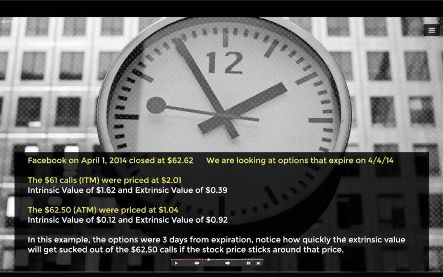When we look at that $1.62, a lot of people are like, well, why do I have to pay $1.62 when I can get that at the money? Well, the extrinsic value, that probability component, is really what's going to affect a lot of people, and the reason why that trade is going to lose money, because that is all going to get sucked out of that option contract. This is kind of the padding of, well, if the option moves this far, we've already priced it in, and this is that extrinsic value. So let's look at the next one here.